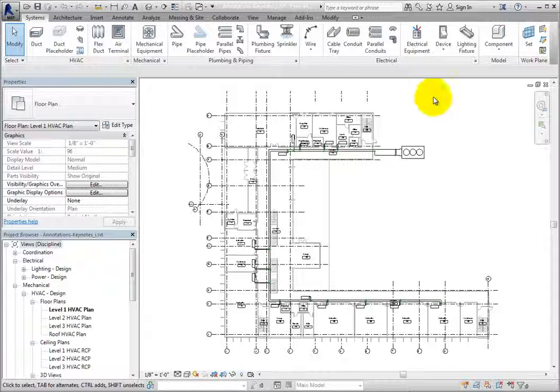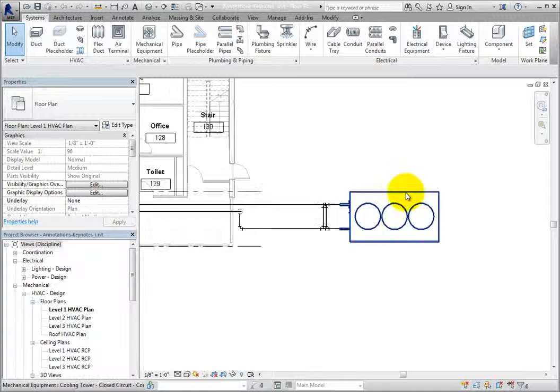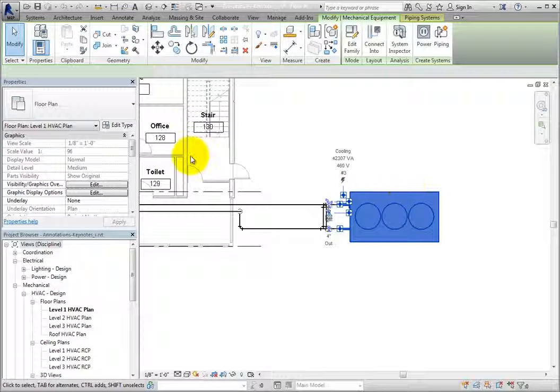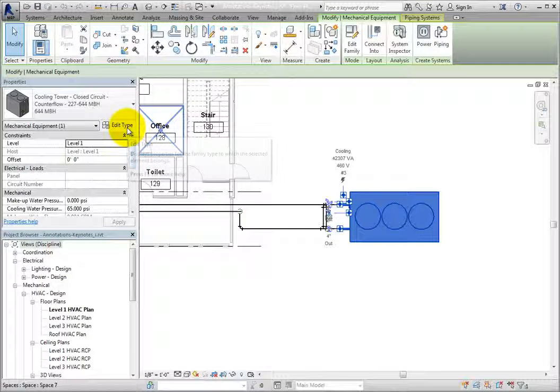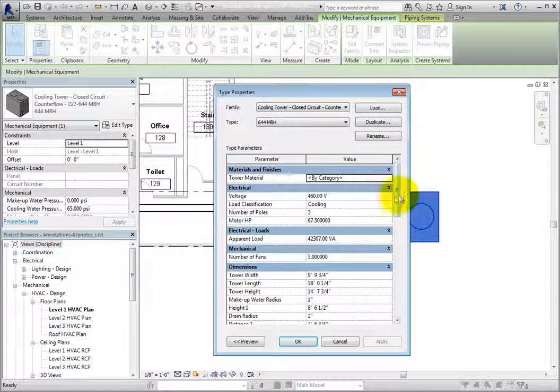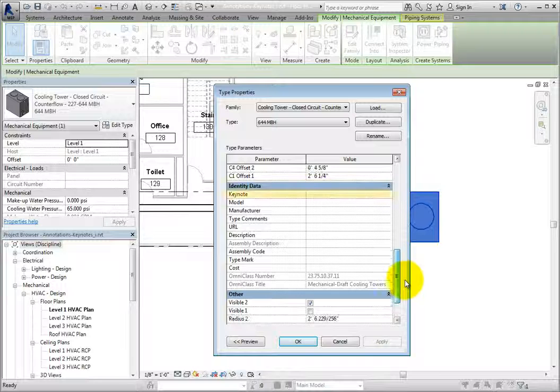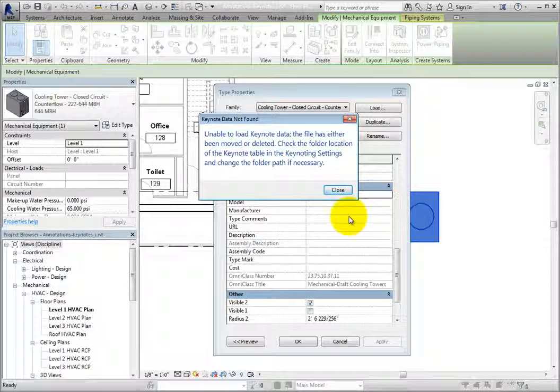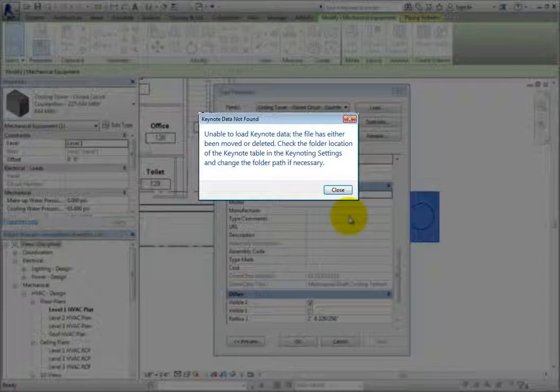I'll zoom in and select the cooling tower. In the Properties palette, I'll click Edit Type. In the Type Properties dialog, there's a parameter called Keynote. This field is currently blank. I'll click in that field to make it active and then click the button. As soon as I do, Revit displays a dialog telling me that it is unable to locate the Keynote data